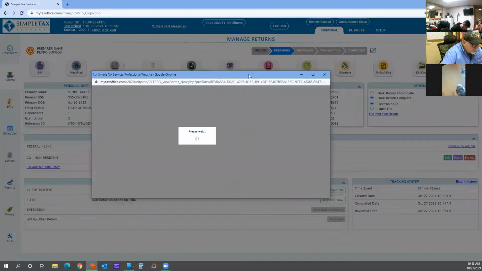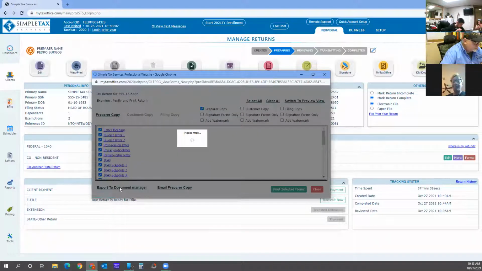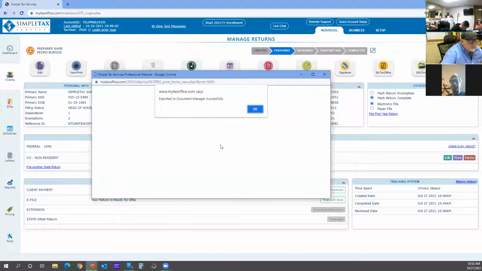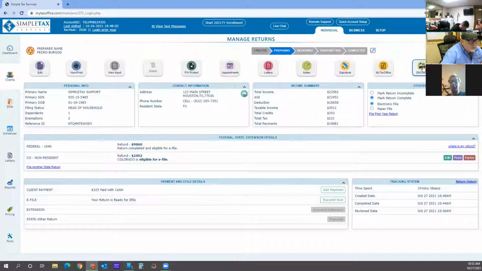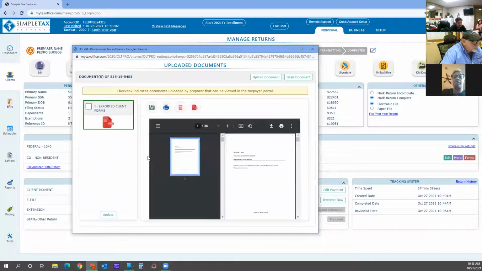And now because we use remote signature, we have a couple of options. You can print the preparer copy by selecting preparer copy and then print selected forms. And that will print out everything to your printer if you want to print and save files locally. Or you can do export to document manager. And if we do export to document manager, what it's going to do is take that signed copy of the return and move it over here to DM docs. And now we can see it, right? And so if we go print,